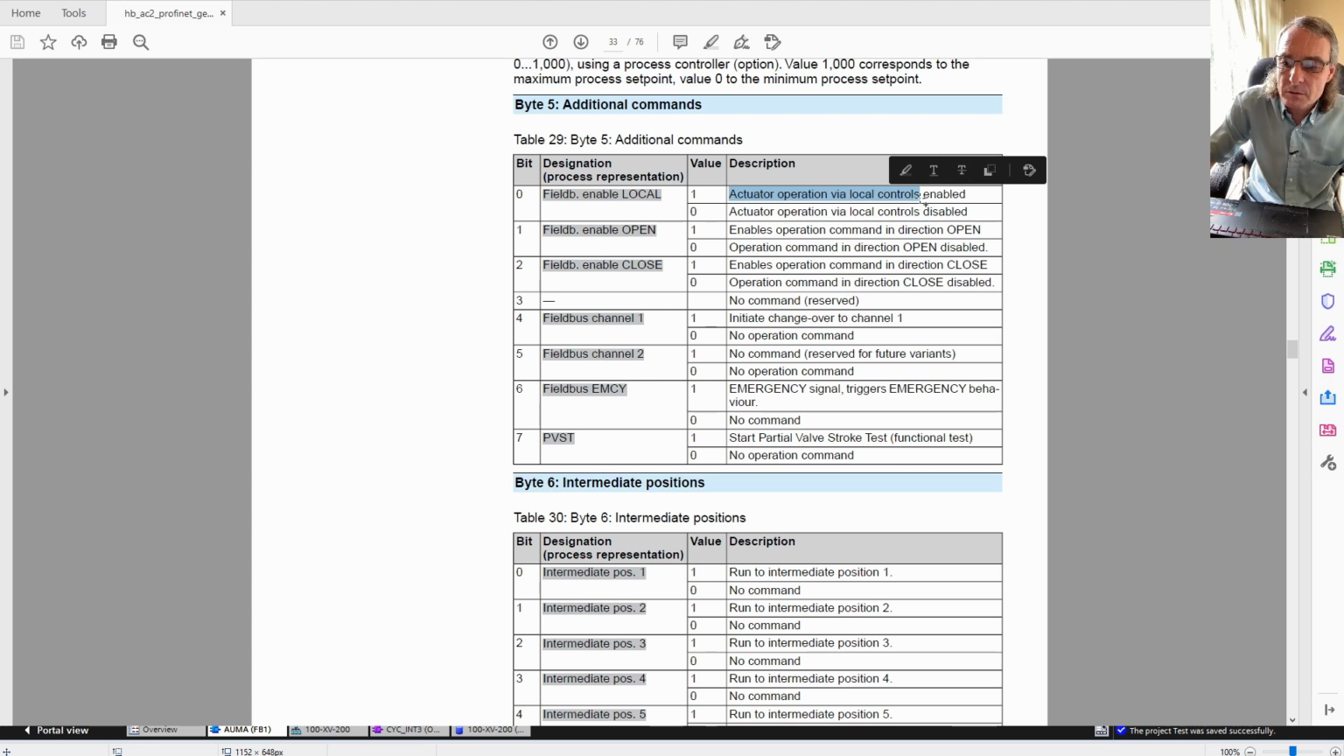Actuator operation via local controls is enabled. So it should have the bus plugged in, and we're telling it, okay, you can operate in local, and he switches it to local. Now you can drive it. Now we unplug the bus, and it's still in local and you can't drive it. Makes no sense, right? There's a problem. Either there's a big problem with their control, or there's a problem